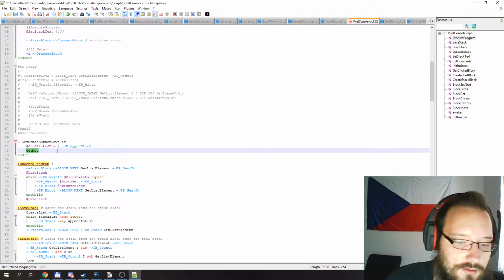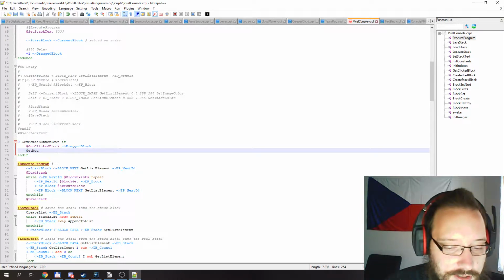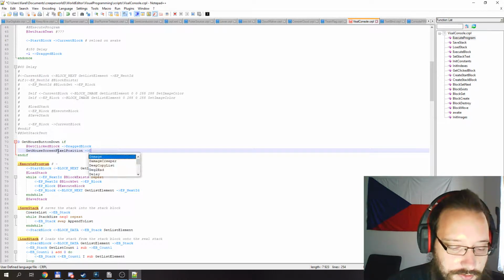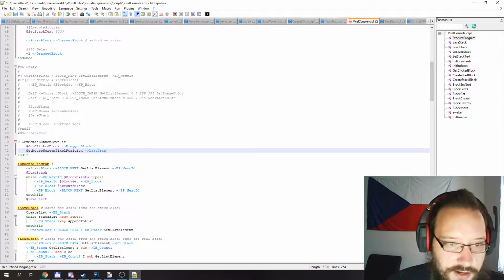Alright, well, I can do this anyway. So get mouse screen pixel position into last drag Y into last drag